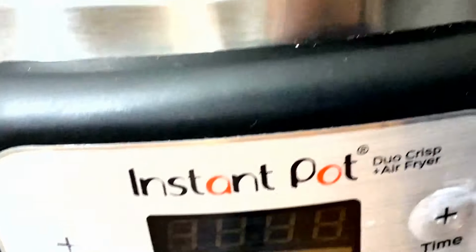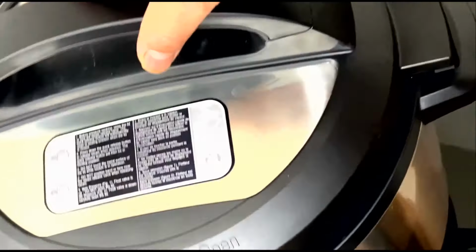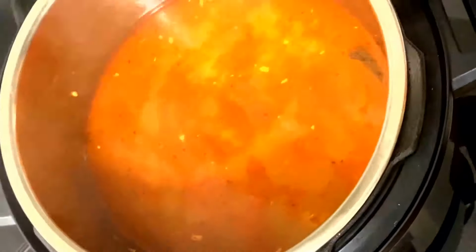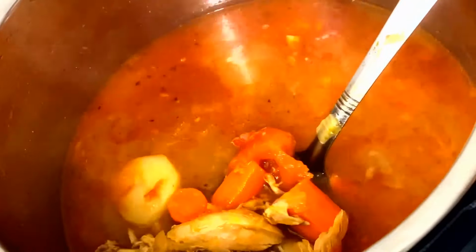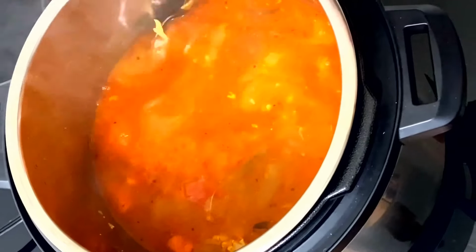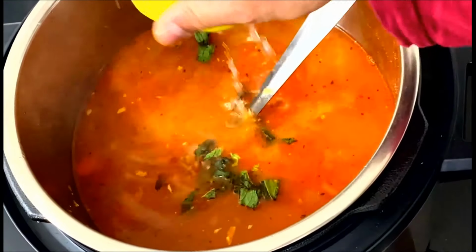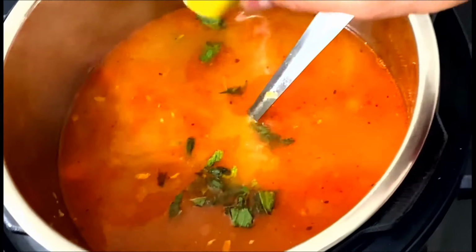Wait for 5 hours, then unplug the pot and let it cool down for half an hour. And bon appetit. Pudina, mint leaves, lemon was